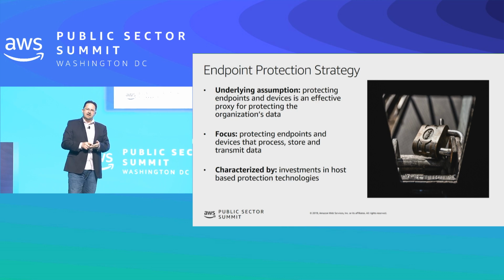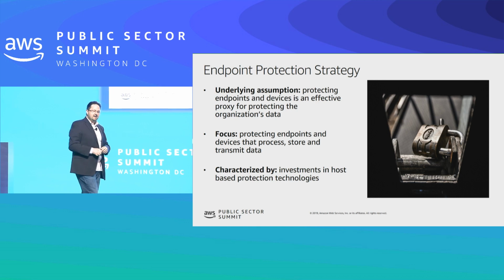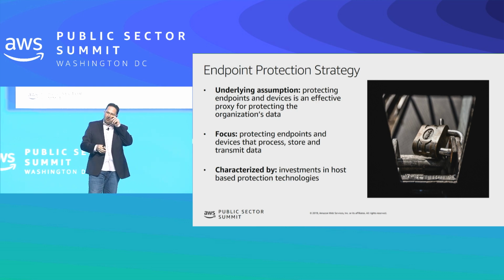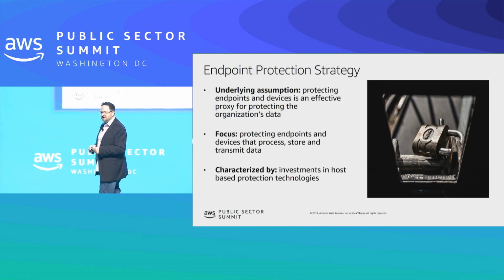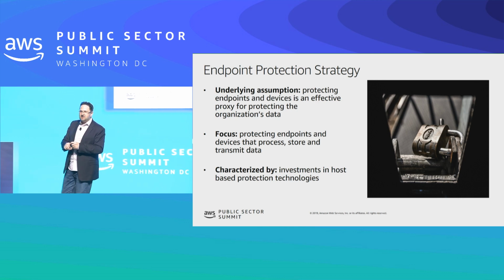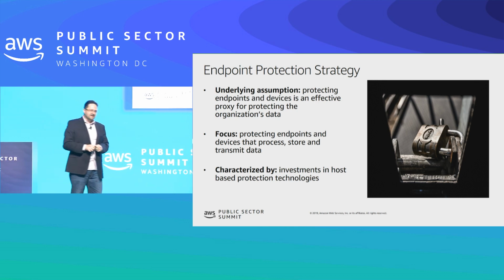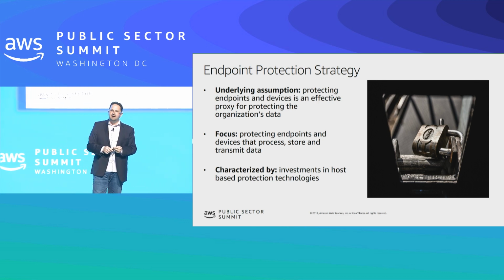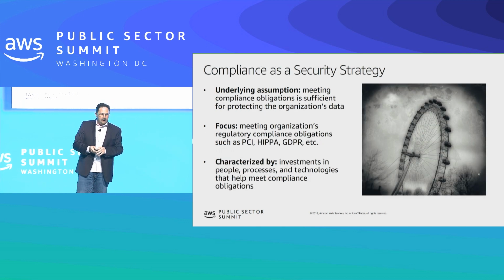Okay, so this one, it's hard to imagine a world that wouldn't have endpoint protection. It's hard to imagine an organization whose strategy wouldn't include endpoint protection. But if you think about how it mitigates those 5 ways that organizations get initially compromised, I would actually give this one a 7 out of 10. It actually does not a bad job, but it's not complete, right? It can't fully mitigate social engineering. No strategy will fully mitigate social engineering, right? So this one does a pretty good job, but it actually needs some help as well, okay?